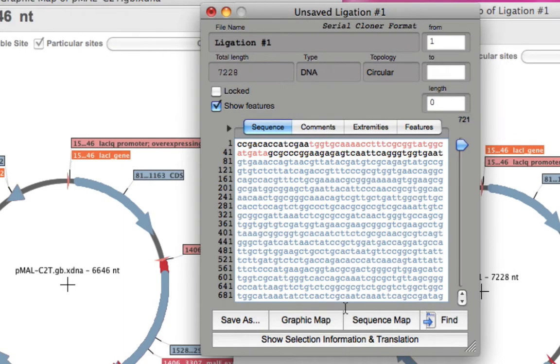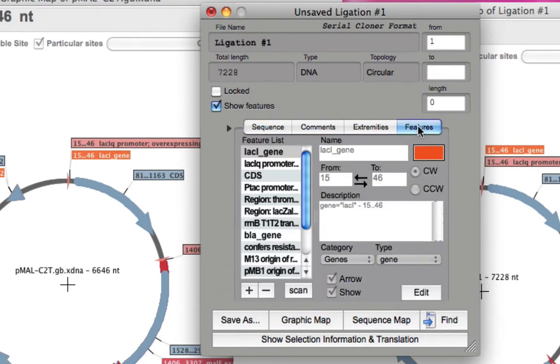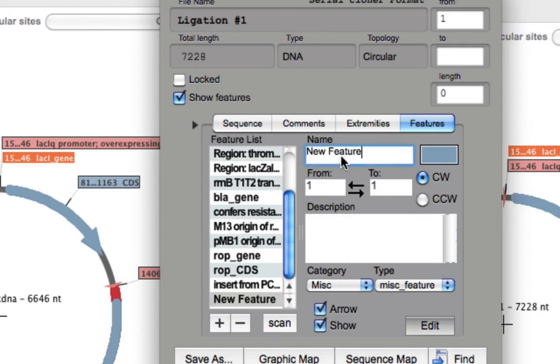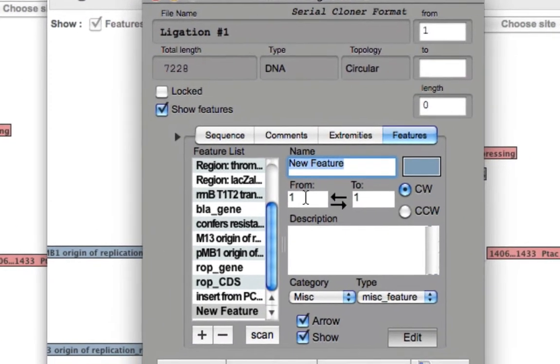All we need to do is go back to the features of our new construct, and add this feature again. So we need to re-annotate maltose binding protein right here. Okay, so all we need to do is go to features, then click on the plus button, and then we can add maltose binding protein.